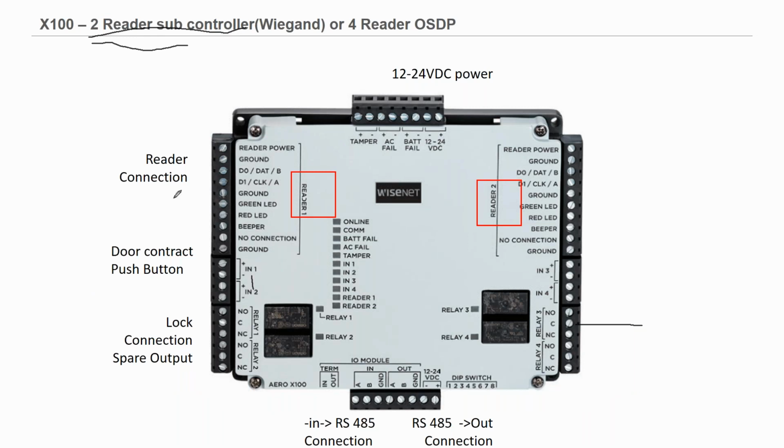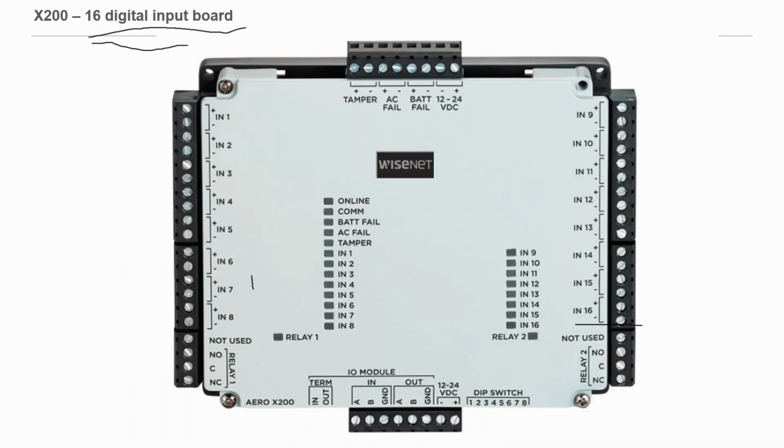Not enough, right? So you can buy a board which has only inputs, and if you're monitoring doors which do not have any kind of reader, you can just monitor the staircase doors. You can buy this input board and monitor up to 16 doors. Okay. Yes, you can use it only for door monitoring. You can also use it for other purposes. For example,